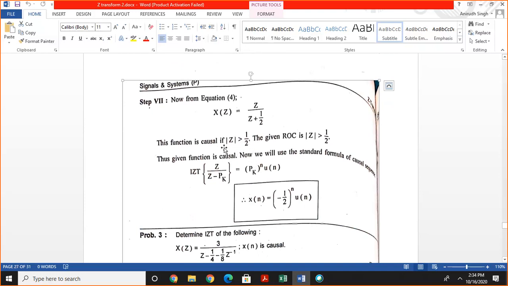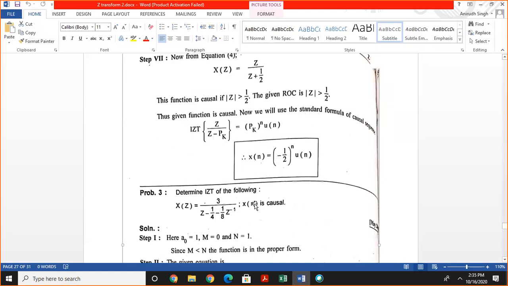So we write X of z divided by z is equal to z minus half divided by z minus half, z plus half. This term and this term is cancelled out. So we get the value of X of z divided by z is given by 1 by z plus half,